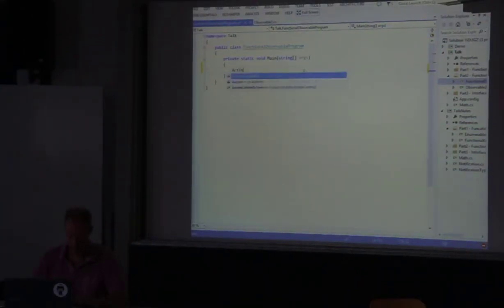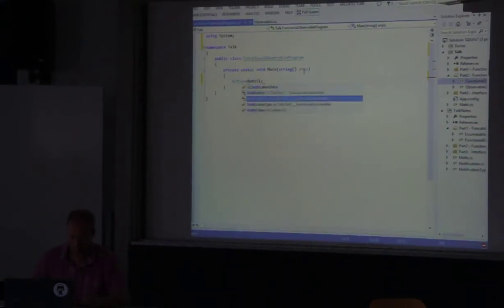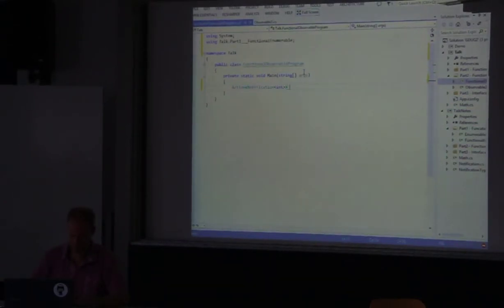We will say action, notification, int, this is my observer, and here we set notification into what we're going to do with it. If n.type equals next, cool, we'll just print n.value,